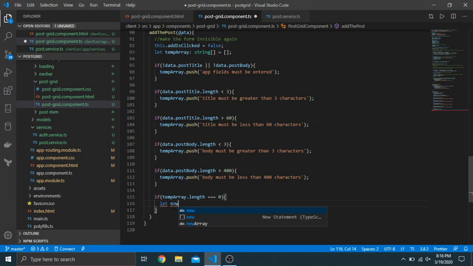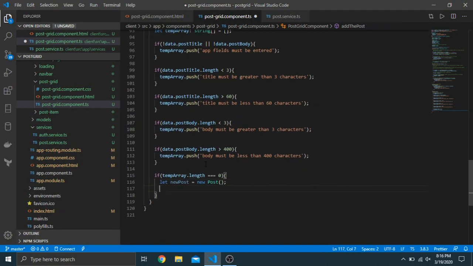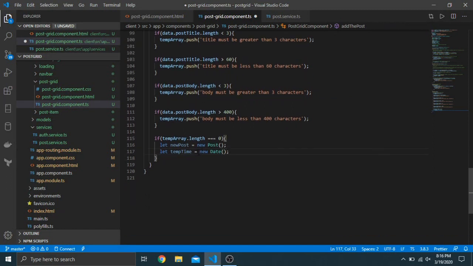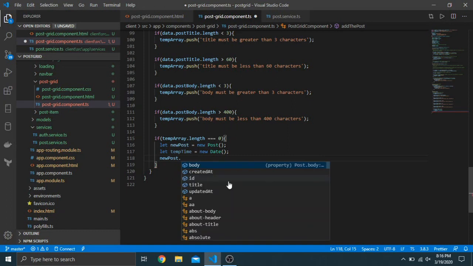And we'll do let new post like that, and we're instantiating a new post object. Temp time is equal to new date, like that, because we're creating a new date instance. And the reason why I don't want to create new date twice is because I want this timestamp to be the exact same. It just looks cleaner that way. Plus you can use it twice. You just want it to be the same. So the new post dot ID